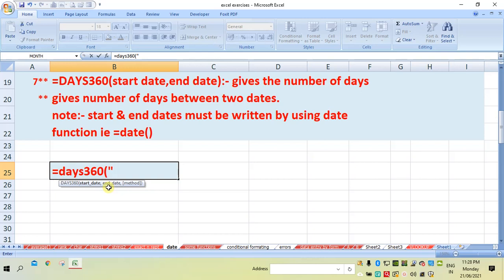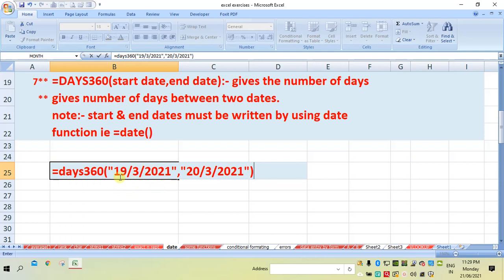The first date is 19/3/2021, quotation complete, as per our syntax. Then put the comma and write the second date, 20/3/2021. Then quotation complete and close the bracket.